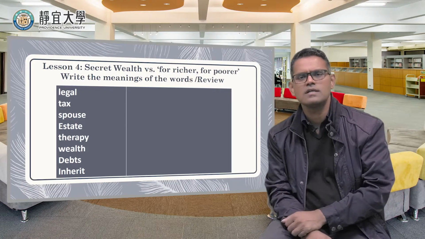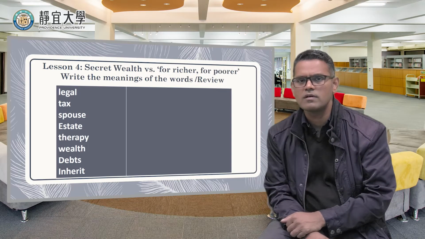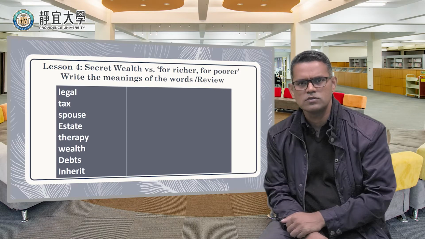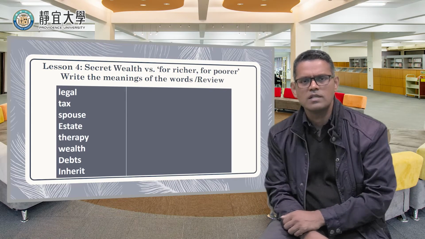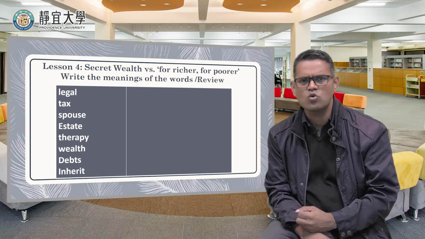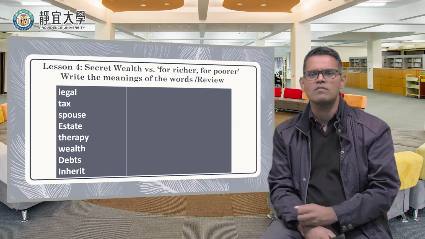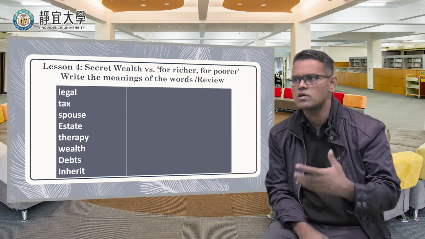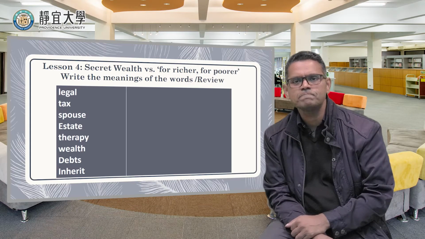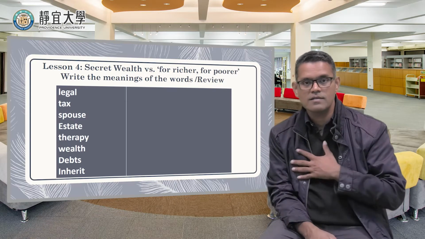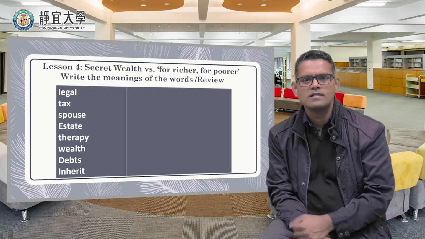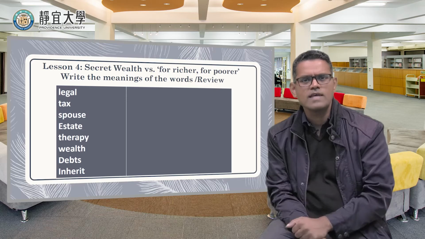In Taiwan, maybe it's not quite popular, or not many couples will go for a therapy. But in the West, countries like America, I think it's quite common. If they have some problems, maybe they try a therapy. If it works, it's good. If it doesn't work, then maybe they divorce. So see, right now I talk a lot about therapy, right? I use this word, make sentences, talk about it. You do the same, okay?